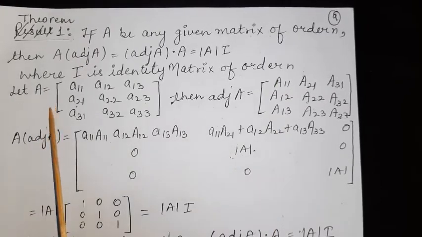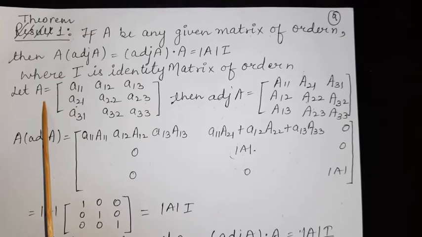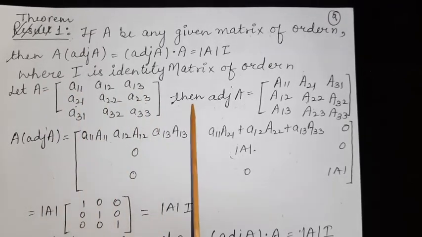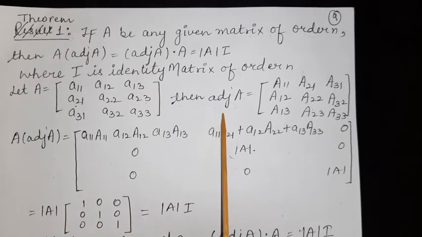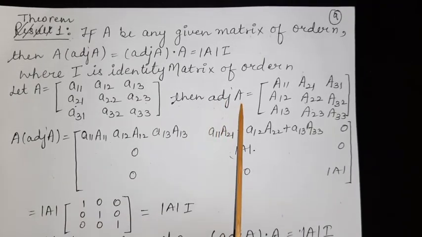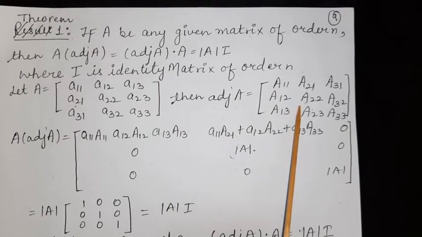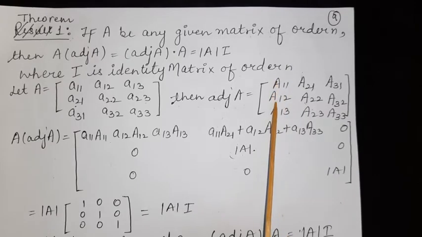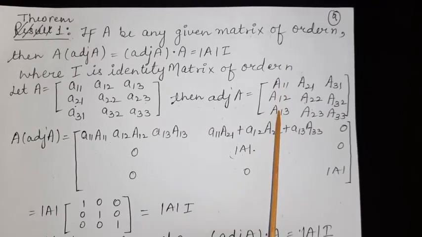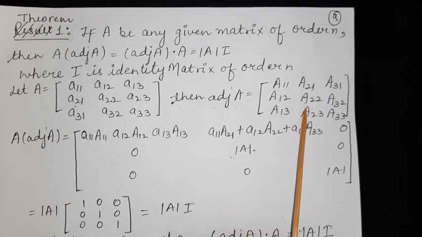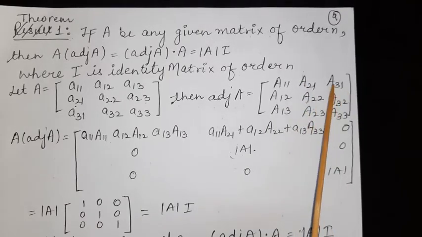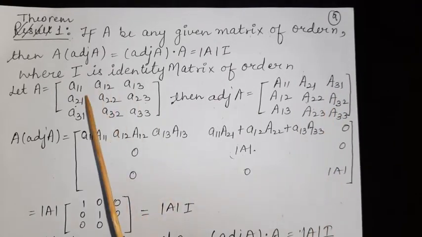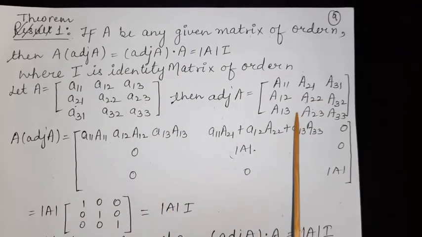Proof is also very important. So we are taking one matrix here of order 3, and this is our general matrix of order 3. Now let's see what will be adjoint A. As we know, the adjoint of any matrix is nothing but the transpose of the matrix of cofactors. So these are the cofactors of the first row, so we have written them in the first column. Now these are the cofactors of the second row, so we have written them in the second column, and these are the cofactors of the third row, but we have written them in the third column. So if A is this matrix, its adjoint will be this.